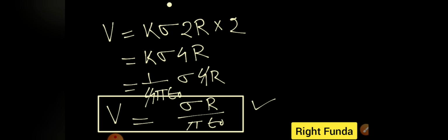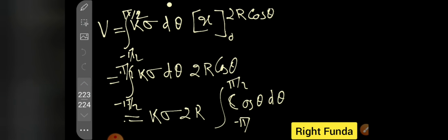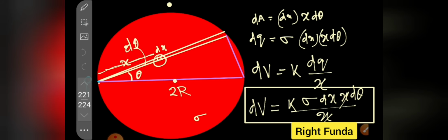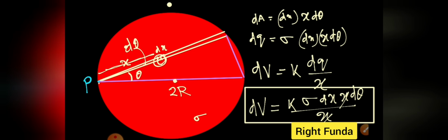Try to understand this one: is it correct what we have done, or did we assume something? Let's find out. Number one, what we assumed here is that the charge is only on one surface. It is a thin disk. The charge is only on one layer, because with sigma we have considered only area, not volume. In three dimensions, we would only have to substitute rho, nothing else. So we have assumed that only this is there.